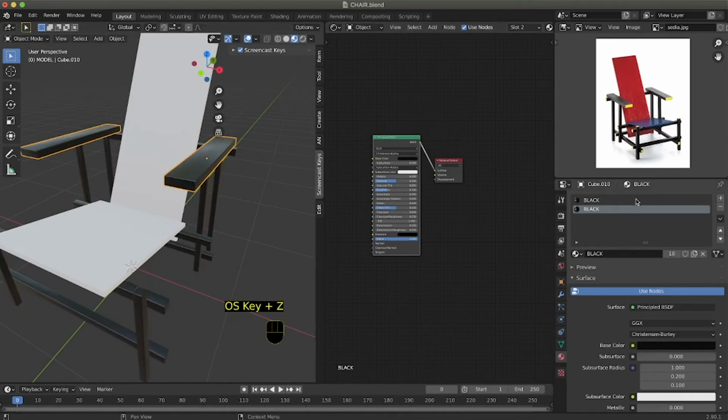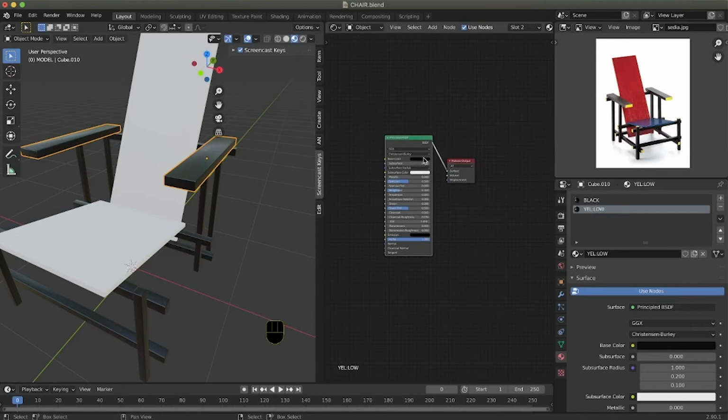So what I'm gonna do, I press on this 10 to create a new copy of this one. Now if I alter this black material, the other parts will not be altered. But for now, the material that's assigned to the whole mesh is this one. So this one is going to be yellow, so we call it yellow. Now, if I change the color of this one, you will not notice anything because the first material is the one that takes the precedence.